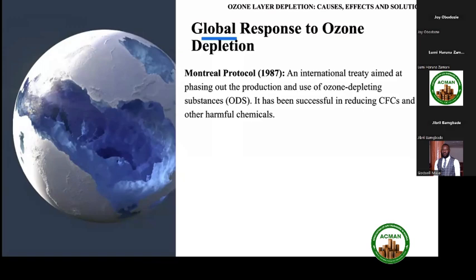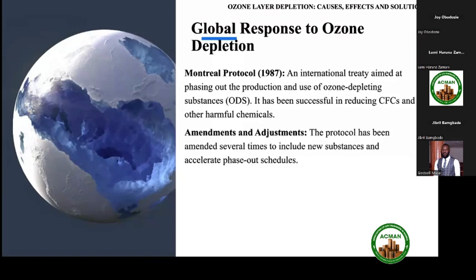It has gone on to have many amendments, because when you remove CFCs from the production of so many human needs, like refrigerants, people bring up other substitutes or alternatives.